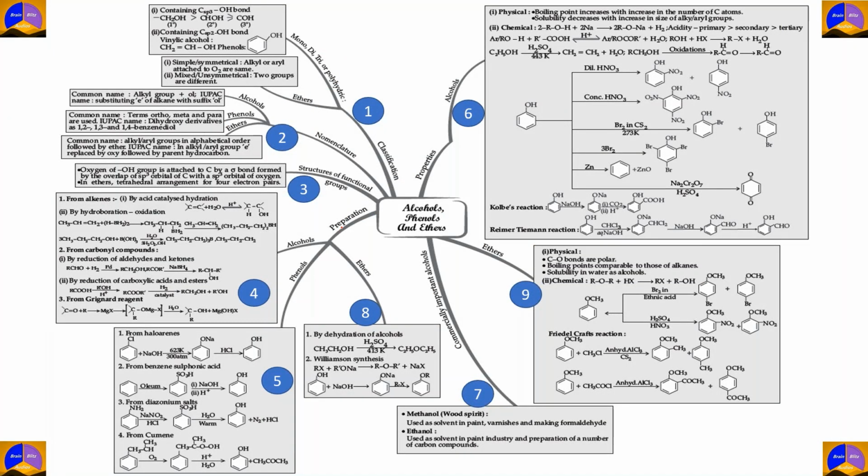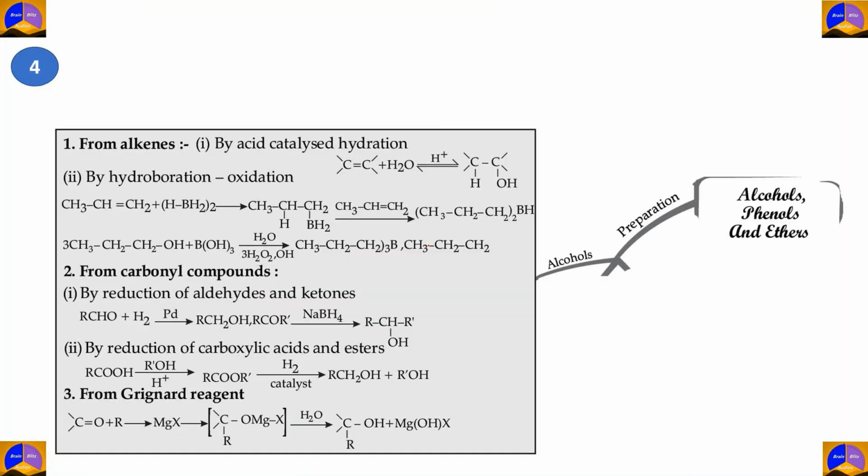Let's move on to preparation. According to your textbook, alcohols and phenols are first explained in their preparation, their properties, and some commercially important ones, and then they move on to ether. So we'll be following the same order. So let's look at preparation. Preparation of alcohols. Alcohols are formed by these 3 steps. The first step